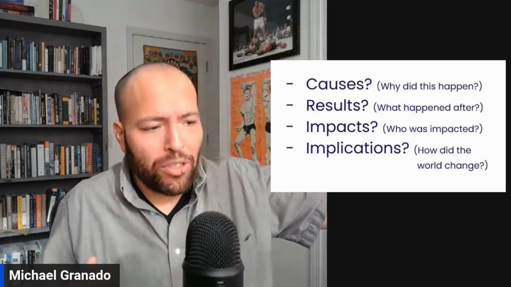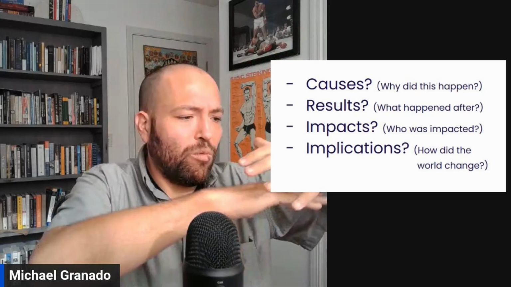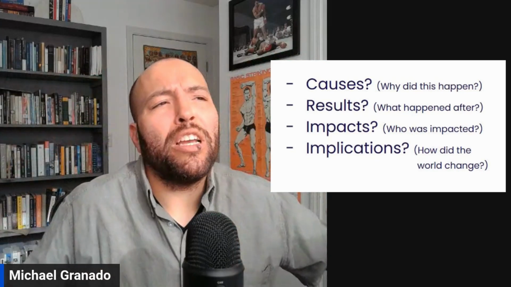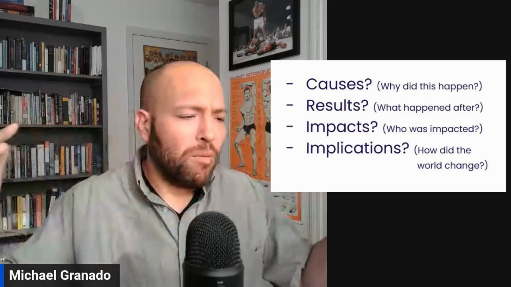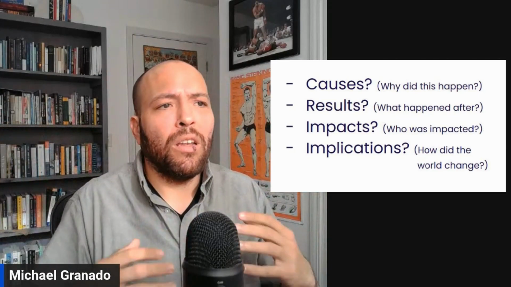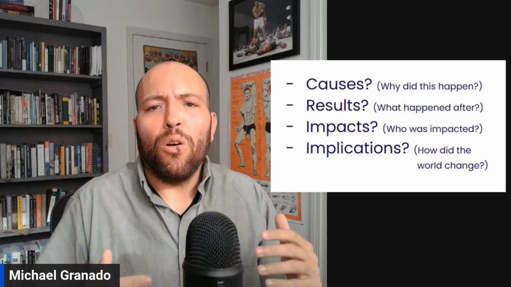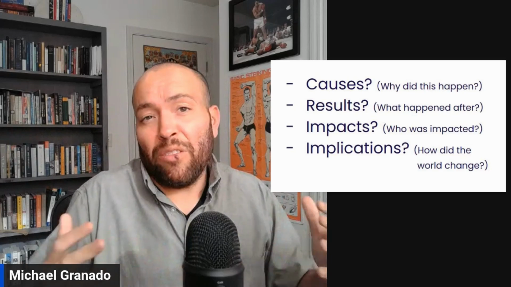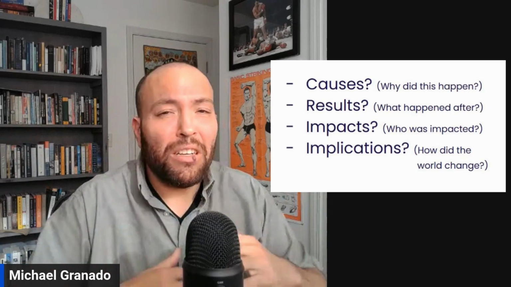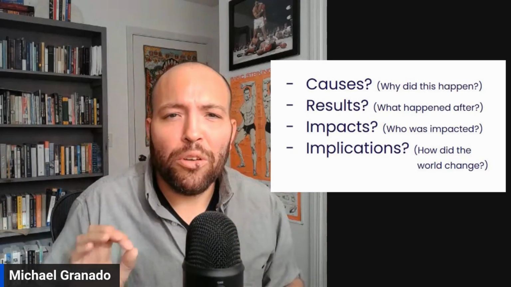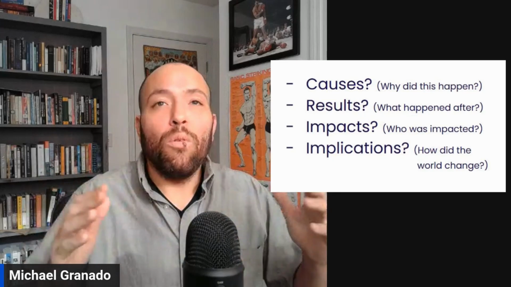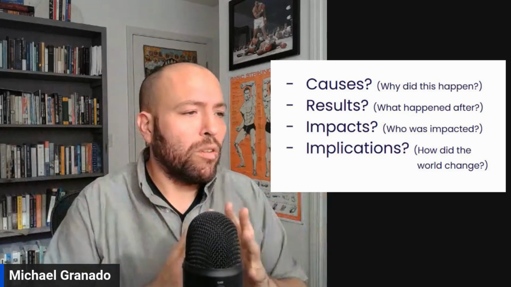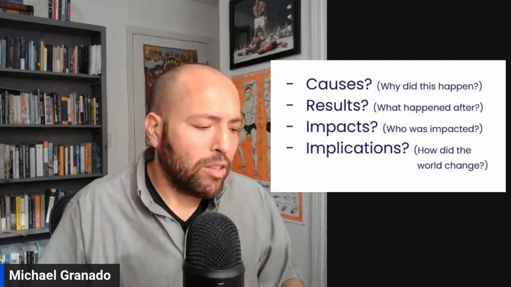Is it a large scale political event in which governmental structures are changing? Or is it more of a bottom up thing where the lives of individuals are changing? Is it more of an environmental impact where the environment is changing? There's a whole bunch of different ways that you can interpret this. And then, what are the implications? What are the long term implications of this event?